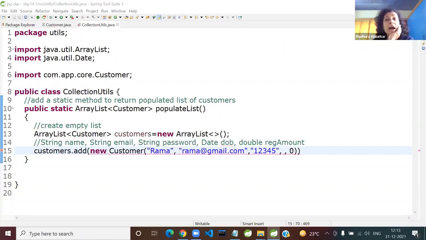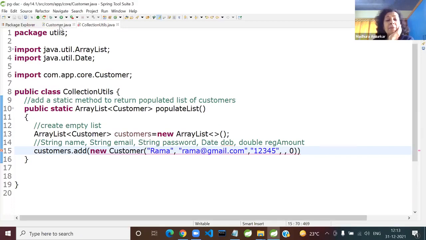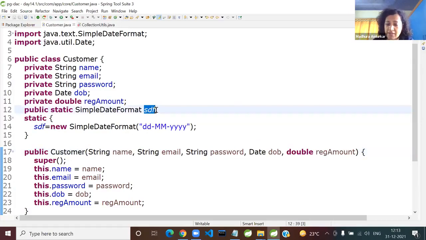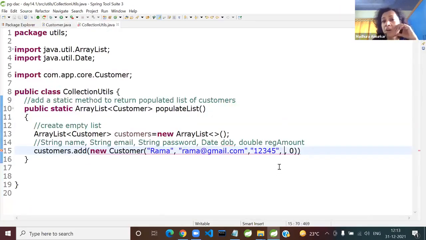Answer is yes. How do you access the static member? Class name dot member name. So Customer.SDF. But if I'm too lazy to write Customer.SDF, I want to call it directly. Yes, absolutely correct. So I can use the import static.